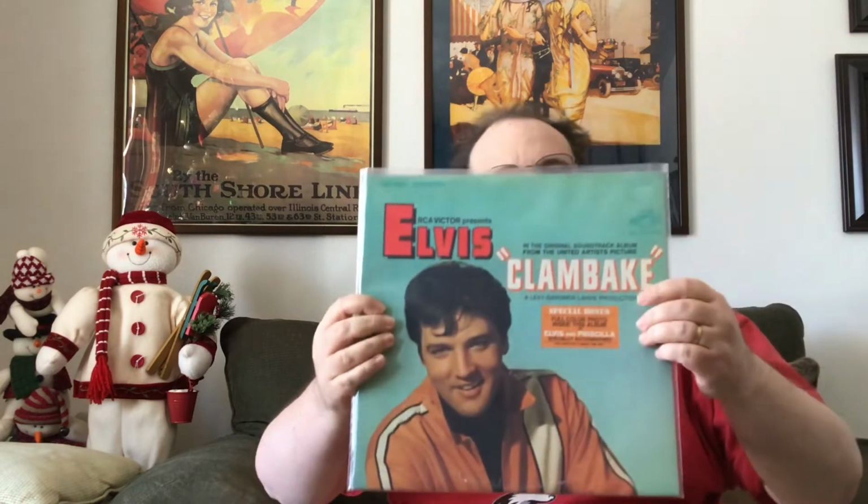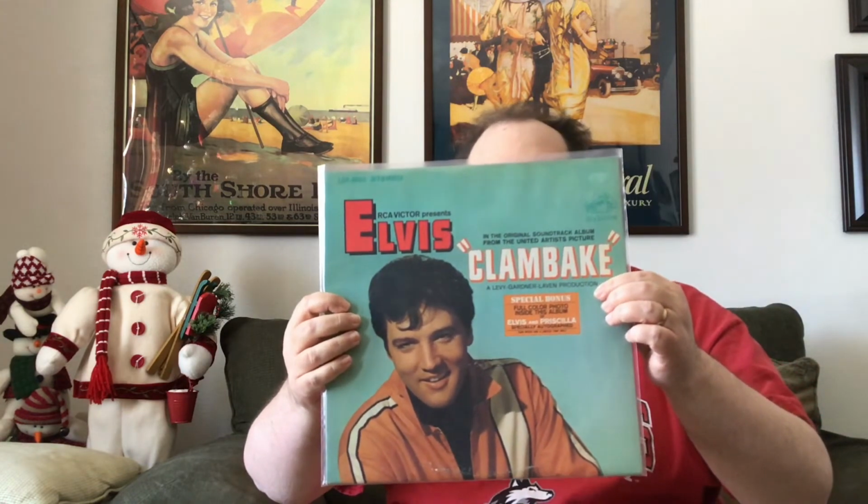And then the other thing you probably noticed as I was flipping through was the original Clambake. Now I do have to explain something here because this turned out to be a little bit of a disappointment. Obviously the original, because it has the advertisement here, but it did not have the vinyl with it, which I knew because it was in a pile of a bunch of not only Elvis but other items that did not have the vinyl, as I think you probably saw on the video when I was shopping there. But I couldn't pass it up because it was only $2.95, and it did have the cool inner sleeve,